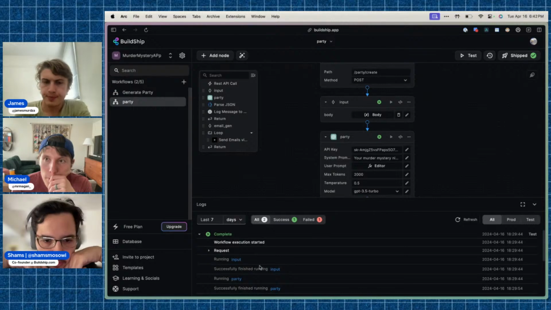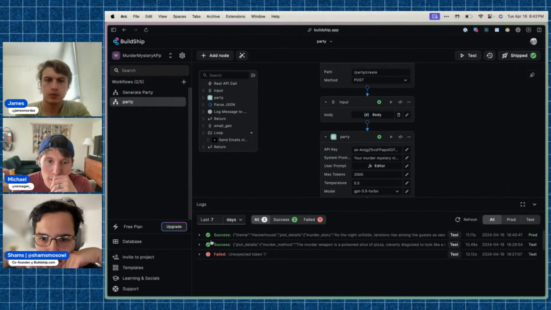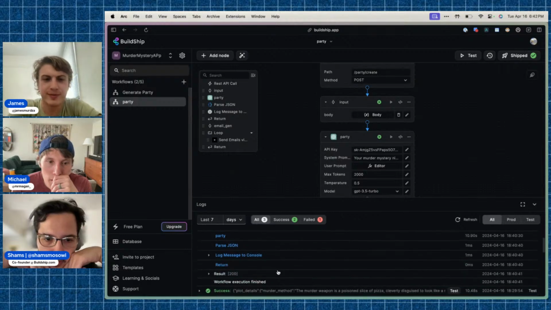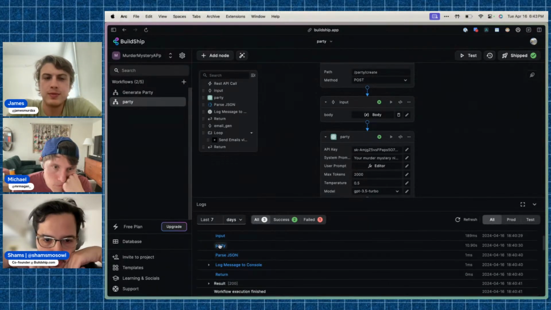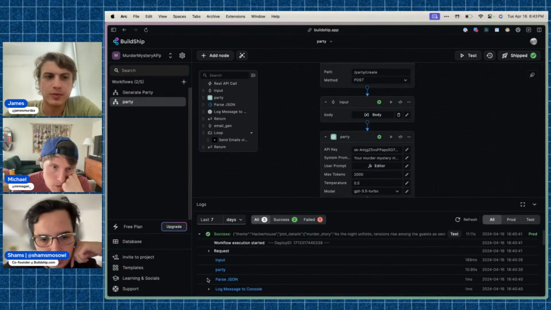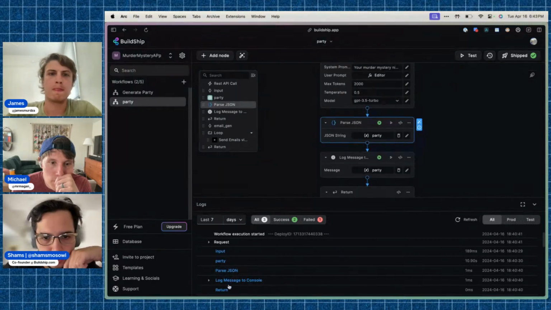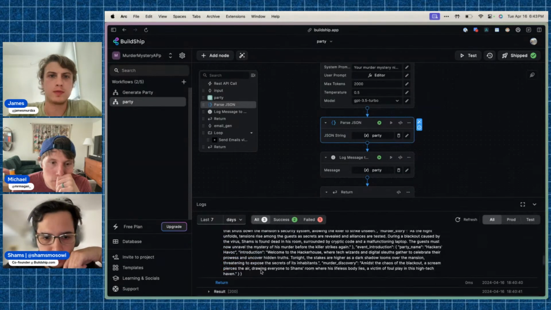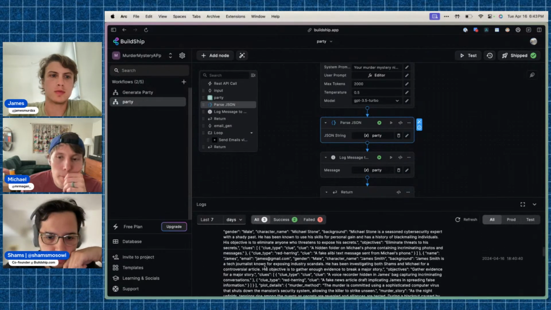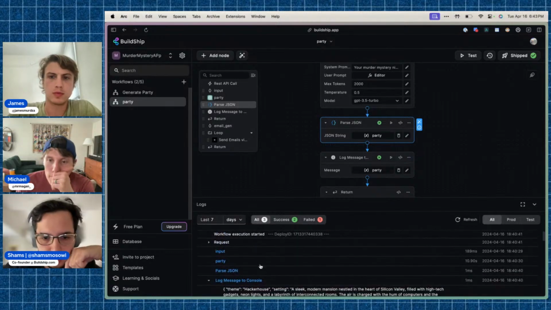Yeah, 829 might be a little old. There you go. Oh, cool. You have the log console. Here you see which path they went through, which nodes got executed, and the time it took. For the log, it'll show you the whole thing.